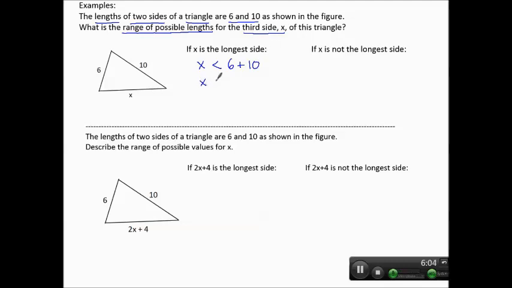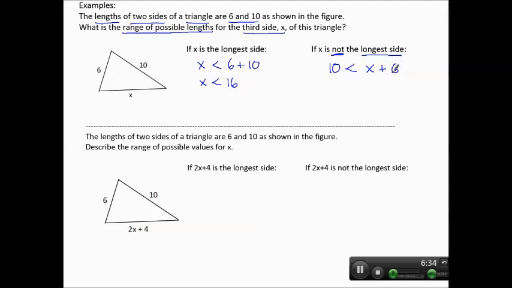So x has to be less than 16. But what if x is not the longest side? I mean, it looks like it is in the picture, but maybe it's not, or maybe the picture is not drawn to scale. So if x is not the longest side, then that would mean 10 is the longest side. So then 10, the longest side, would have to be less than the sum of the other two sides, or